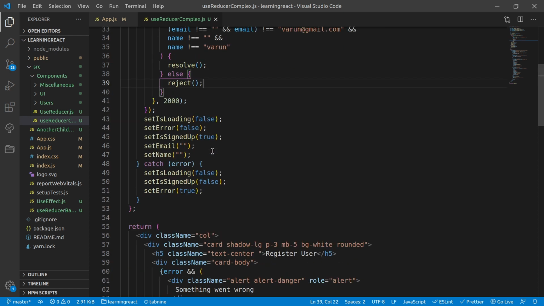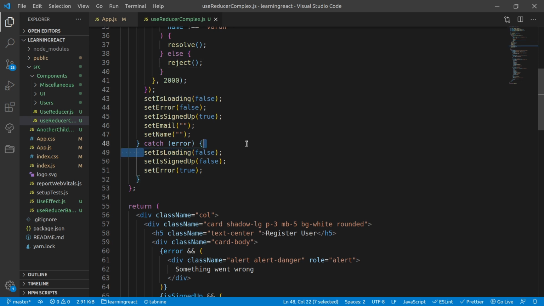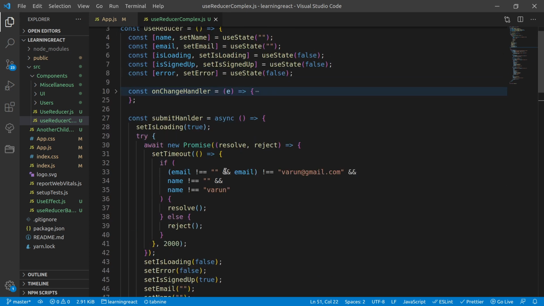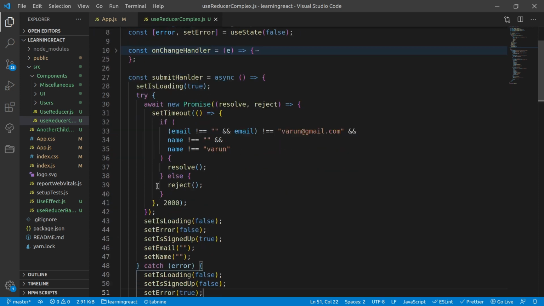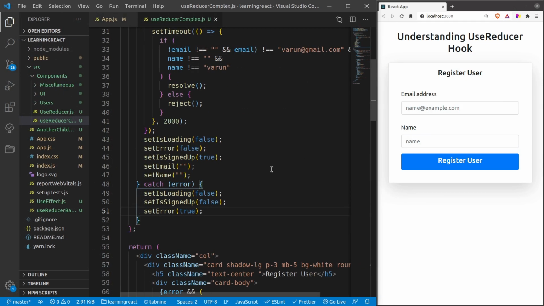And once there is an error, I again need to set the loading to false, and then I need to set signed up to false, and then I have to set error to true. All right. I hope that you have understood this complete logic that I have tried to handle.